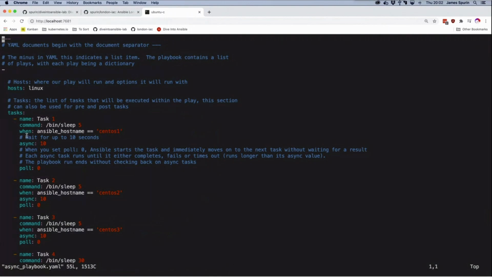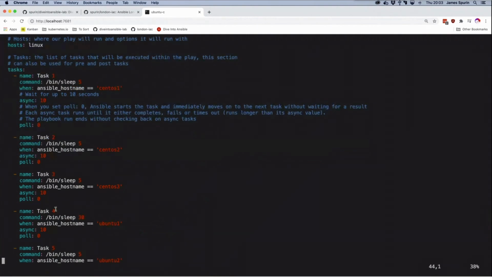But we're waiting for up to 10 seconds, and we have poll set to 0, which is literally fire and forget. It's going to immediately move on to the next task without waiting for a result, and it will run to the end without checking back on any of the asynchronous tasks. Now, all of these have 5 seconds by default, but this one here, task 4, is actually set to 30 seconds. So if I run this now,